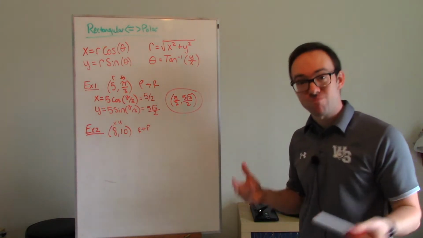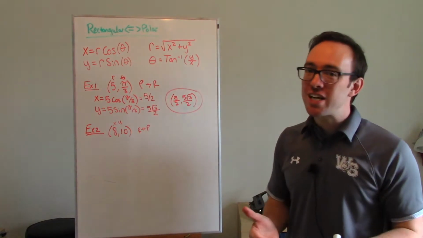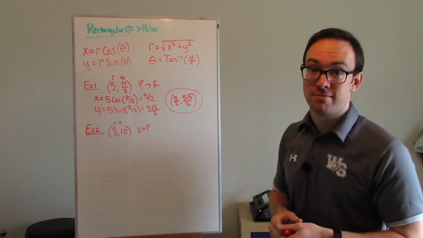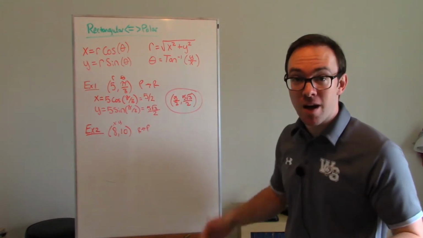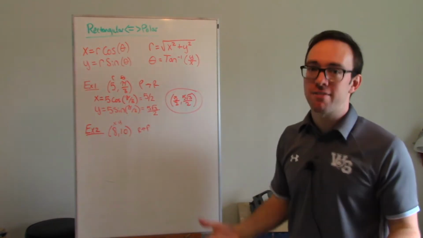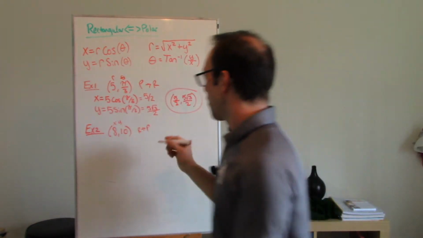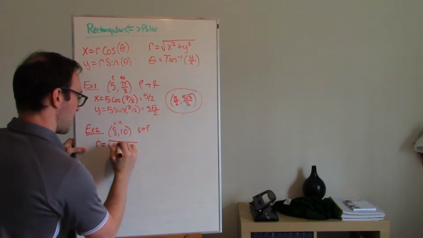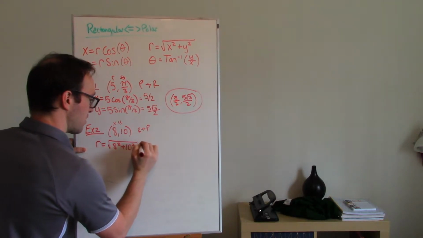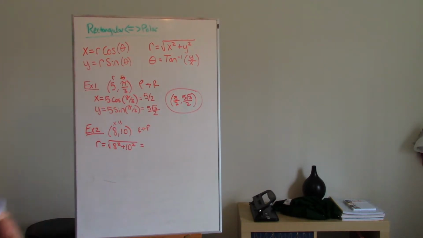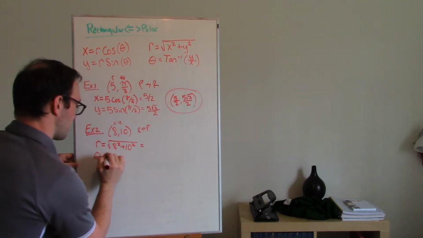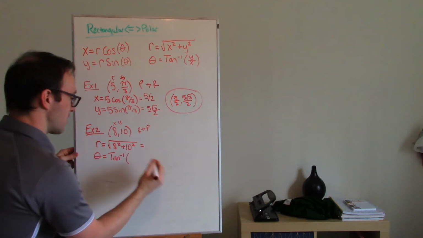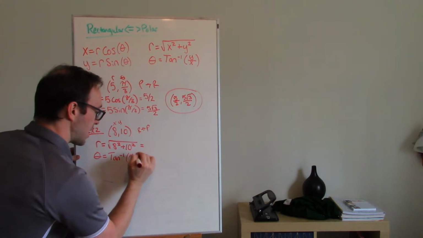There again, with coordinates, it's pretty quick, pretty simple, plug and chug. X into the x spot, y into the y spot, and you have an answer. Okay, so for the r, square root of 8 squared plus 10 squared. And then for your theta, tan negative 1 of y over x. So 10 over 8